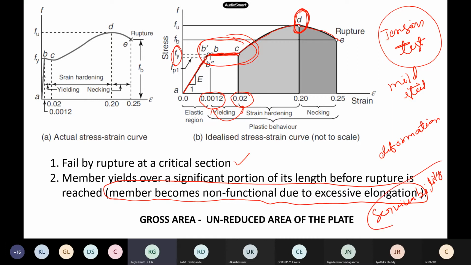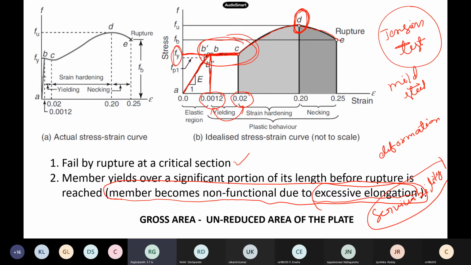Although your specimen strength may be high and it can go beyond yield stress, we have two states: limit state of strength and limit state of serviceability. The limit state of strength is fine, but the limit state of serviceability gets violated because of the excessive elongation, since it doesn't satisfy our serviceability requirements. So we limit up to the yield stress itself. This is a very important thing: we are limiting up to yield stress because of serviceability limits.